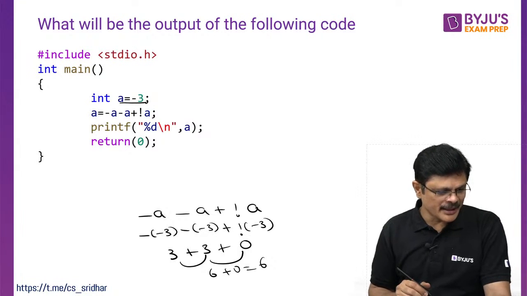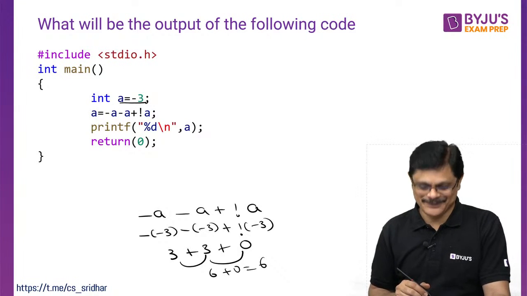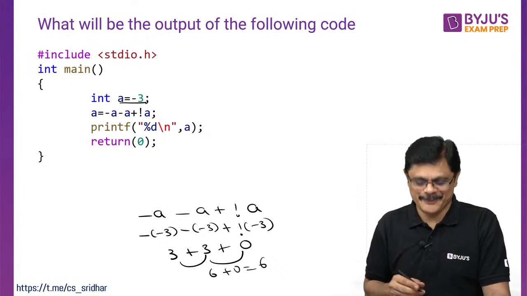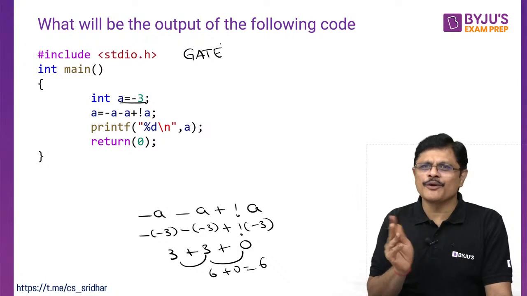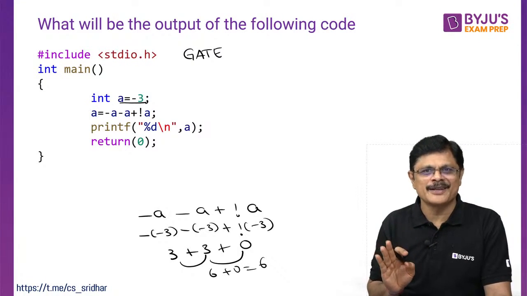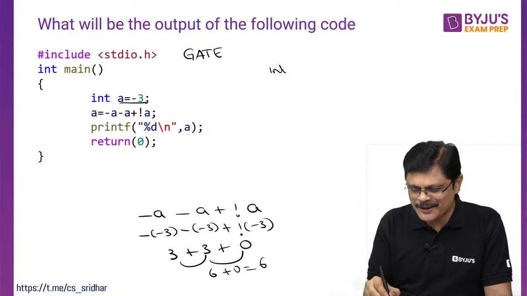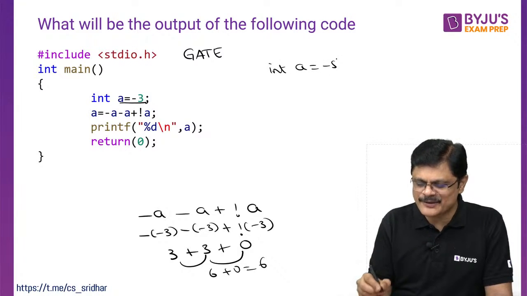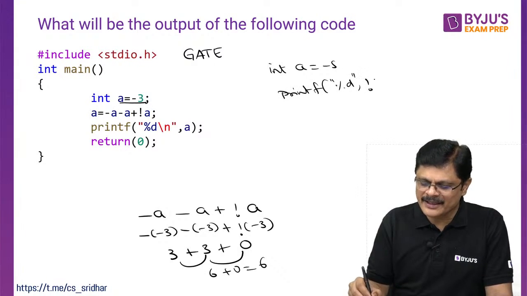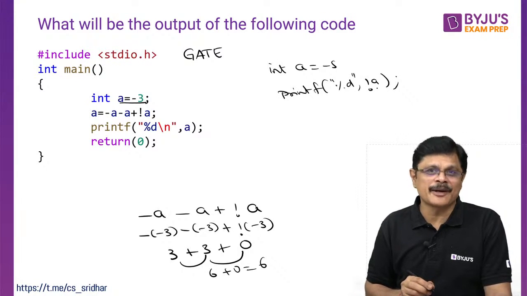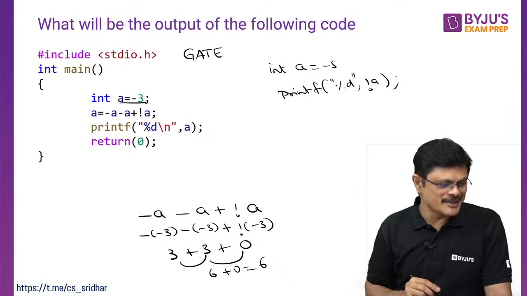Okay, Tenmoji correct. Nandini Lognathan, please be careful. This is a GATE question. Generally, people expect GATE to give a very big expression, but they don't have to give any big expression. Simple thing they can ask you like this: A is equal to -5 and they print simply like this. They can ask this question also in GATE, because they are very confident that we misinterpret things. What will be the output for this, my dear friends?